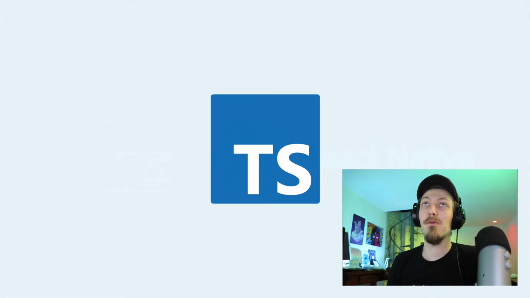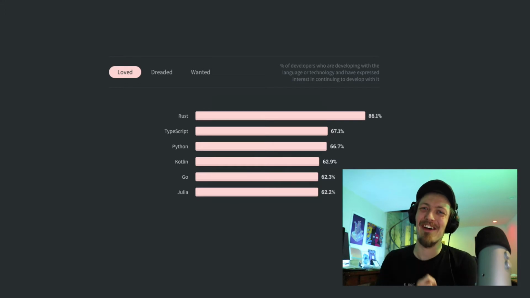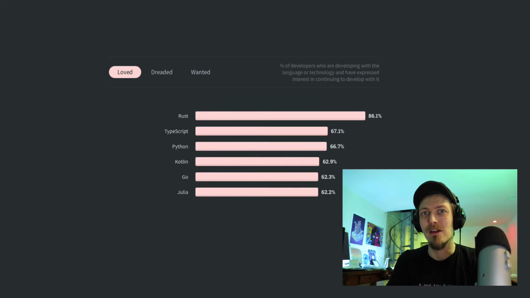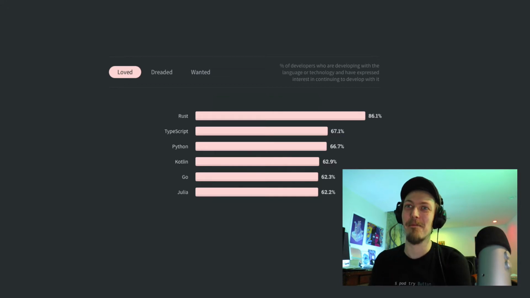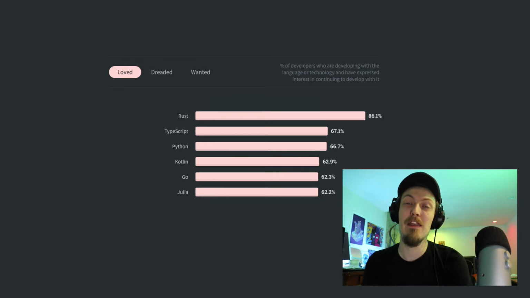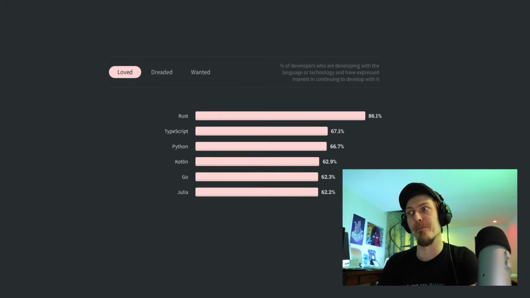One, it's working with JavaScript, and JavaScript is not one of the best loved languages in the world. But TypeScript is the second most loved language on Stack Overflow's user survey. This isn't a bunch of people who explicitly are TypeScript users. This is general programmers. TypeScript came in second, and that should say something, right? People love this programming language, so let's try and dig into what makes TypeScript unique, and how that reflects on the languages you use every day.